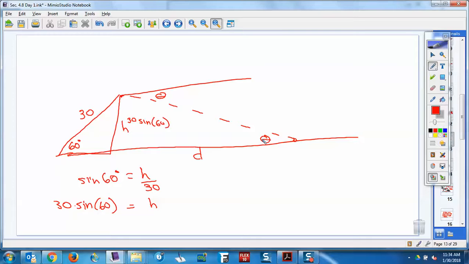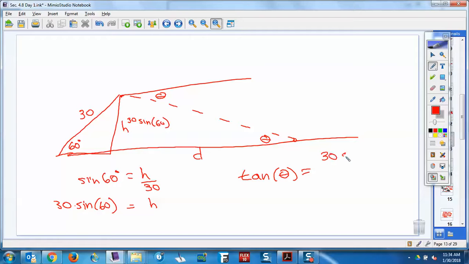This theta is going to be the same as that theta right there, by alternate interior angles. So this theta is the same as this theta here. So now we know this. They said, find the angle of depression theta in terms of the horizontal distance. What that means is they want theta equals and then d's. That's what in terms of means. Well, what would we have? We would have opposite over adjacent. So we'd have tangent theta